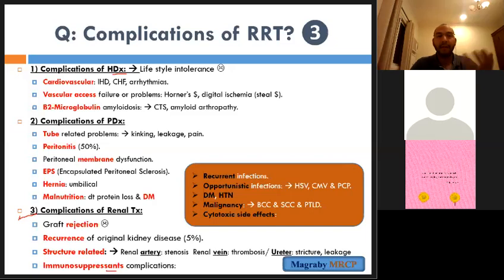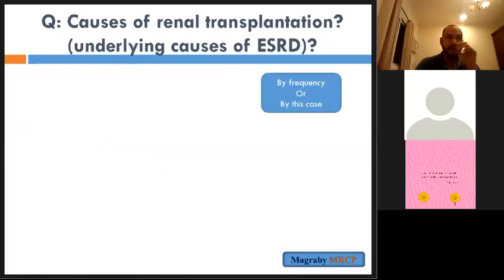Right. Let's go to another question, which is what are the causes of renal transplantation in this patient? Or by another means, what is the underlying etiology of end-stage renal disease of this patient? Upon it, this patient was doing the renal transplantation as a renal replacement therapy. The underlying cause of end-stage renal disease by frequency, or in this patient. So the differential diagnosis, if you would like by frequency, the most common cause of end-stage renal disease is